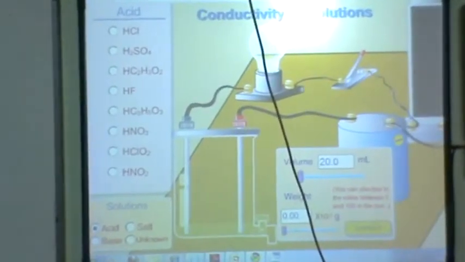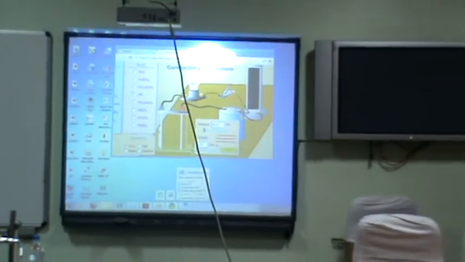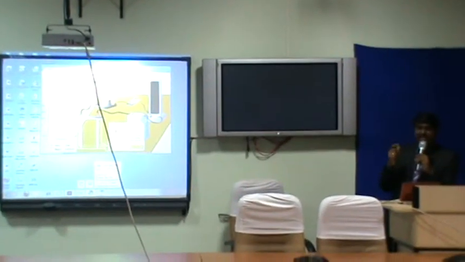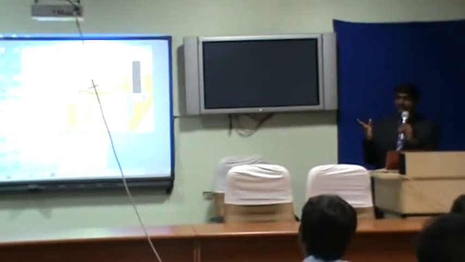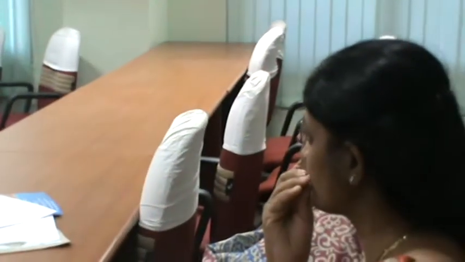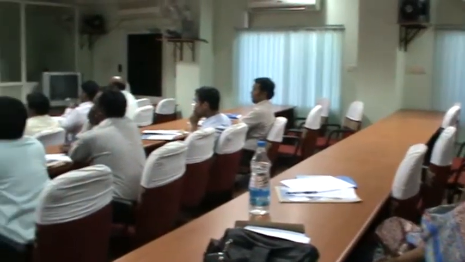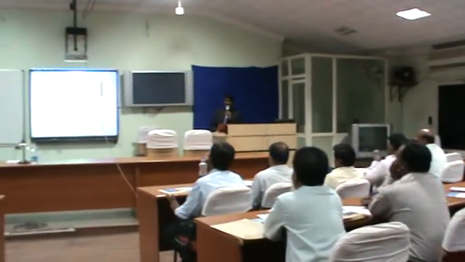This is an example of conductivity. I can tell you the effect of conductivity from acid to base, how it happens. Different electrolytes transmit differently. So these are all my acids, these are all my salts, these are all my bases, and I start analyzing with an unknown. Unknown is what I define. A teacher will define the unknown. First, I will make the student analyze what an acid is. With an acid, I start my experiment.